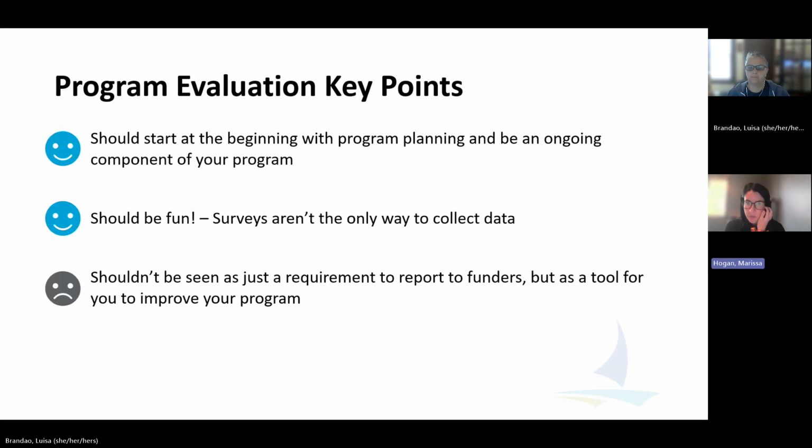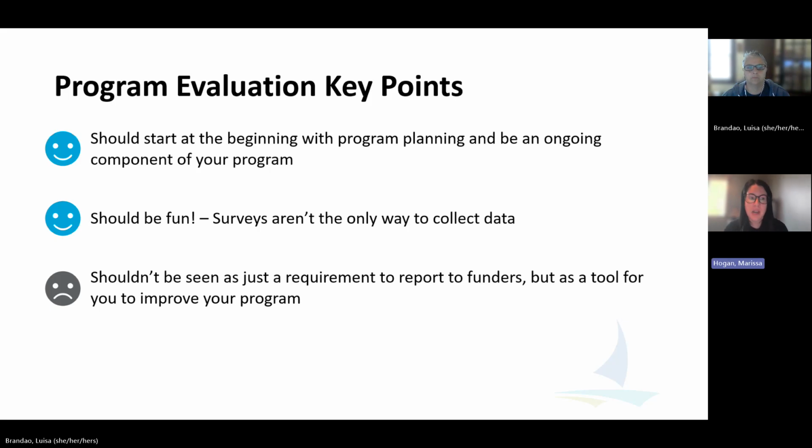And then some key points for program evaluation, and these are our take-home messages for you all with this training, is that program evaluation should start at the beginning of your program. It should start with program planning, and it should be an ongoing component of your program. It's not something that should be an afterthought, like, oh, we're at the very end, now let's try to evaluate and submit this information to our funders. It should be something that you plan on when you're starting your program, and you should be doing it throughout